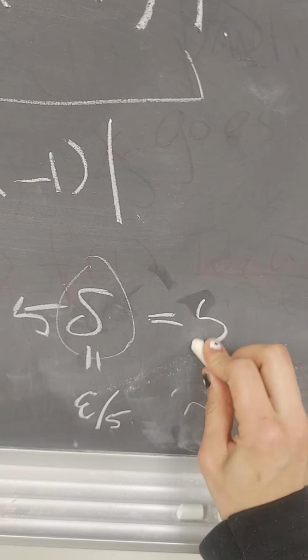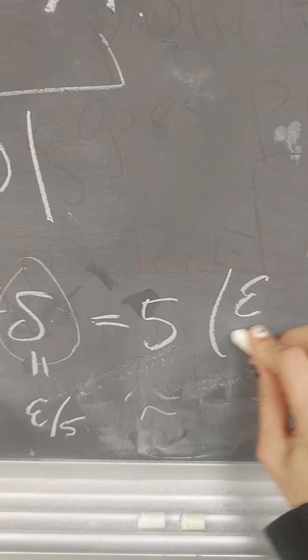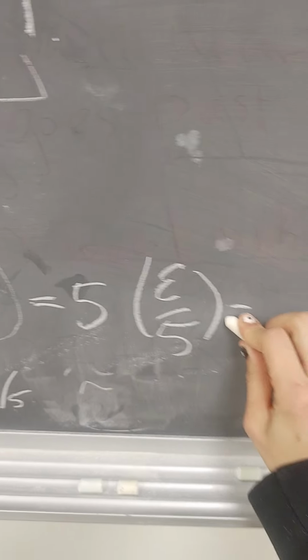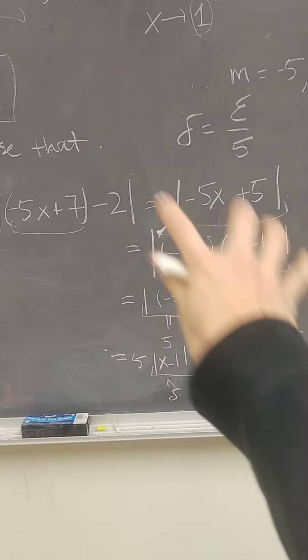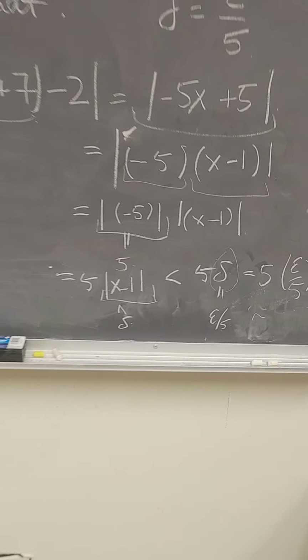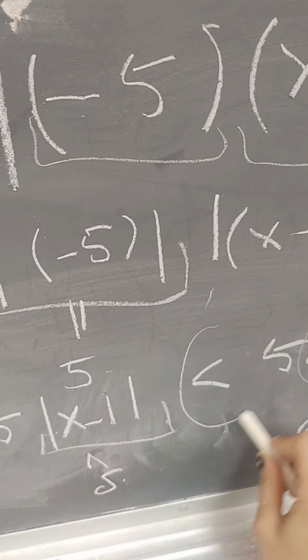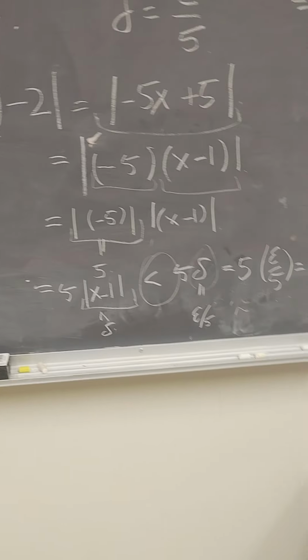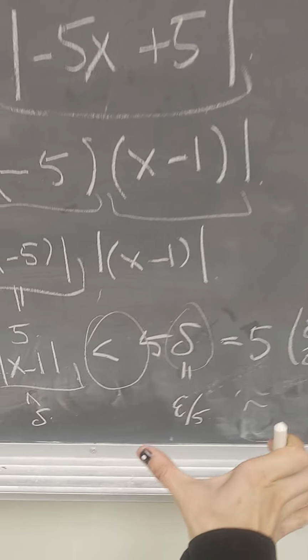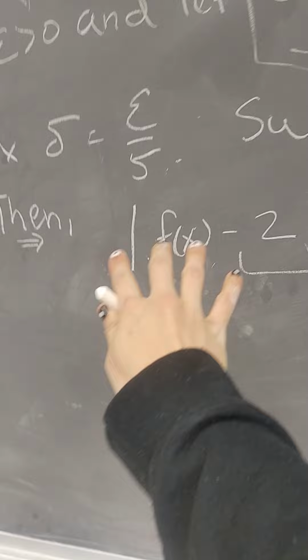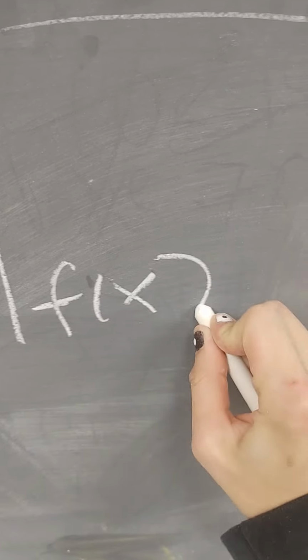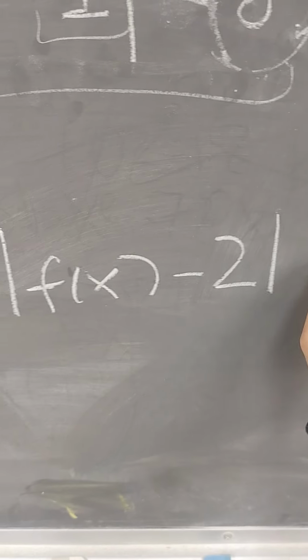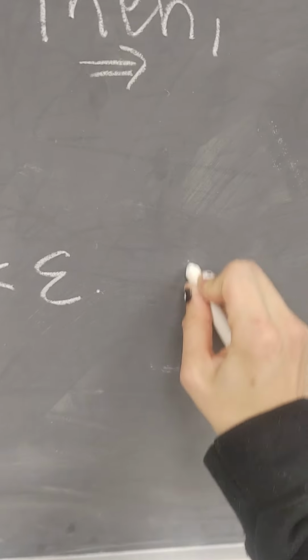And so here we get 5 times epsilon over 5, which is equal to epsilon. Okay, so in this long chain of equalities, there's only one inequality right here. And if we paste the two sides together, if I condense this side and condense this side, again, we get the expression that the absolute value of f of x minus 2 is less than epsilon whenever